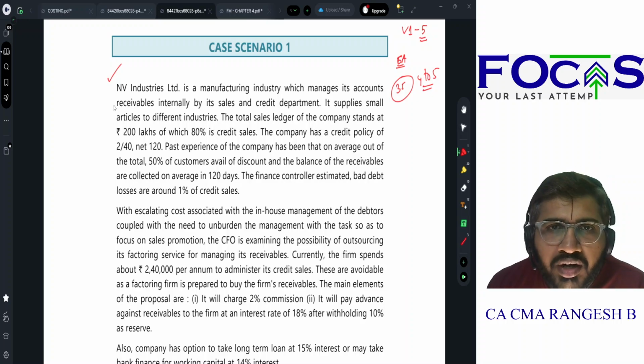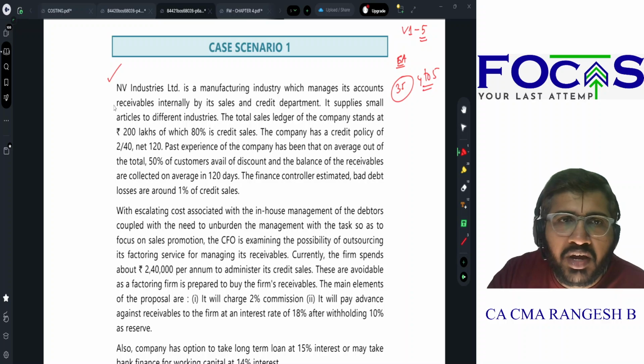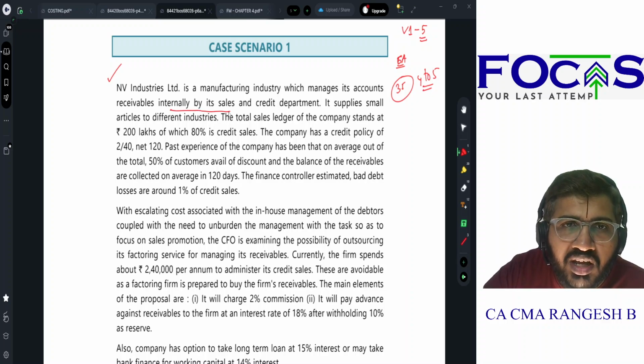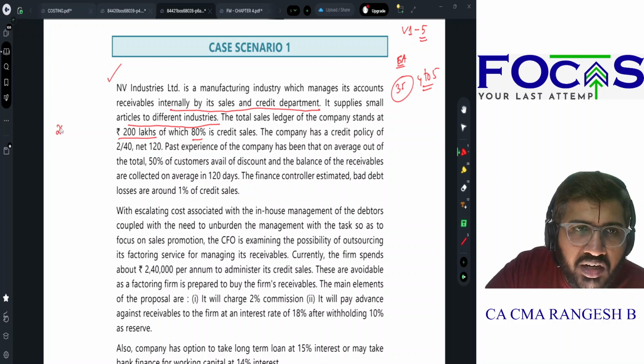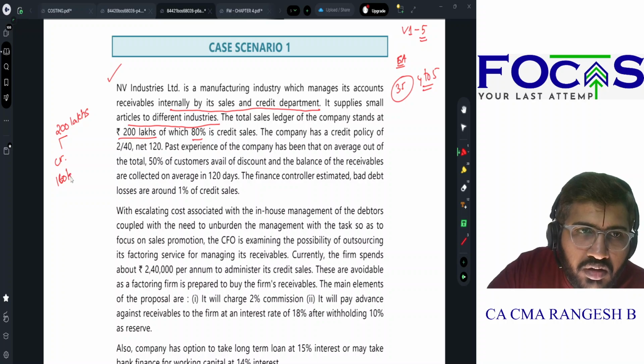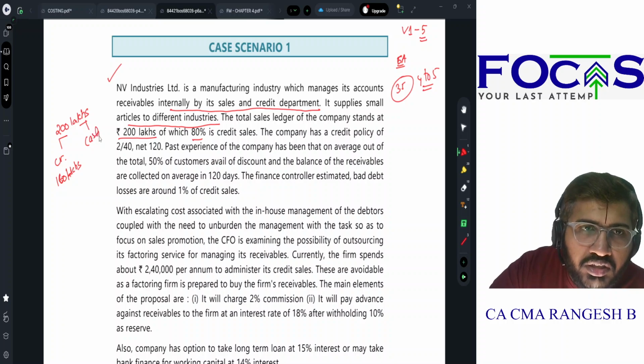NV Industries Limited is a manufacturing industry which manages its accounts receivables internally by its sales and credit departments. It supplies small articles to different industries. The total sales figure of the company stands at rupees 200 lakhs, out of which 80% is credit. So 200 lakhs is my total sales. Credit is 160 lakhs, which is basically 80%. Cash is remaining